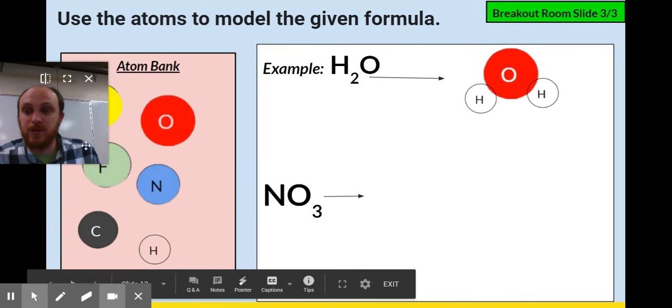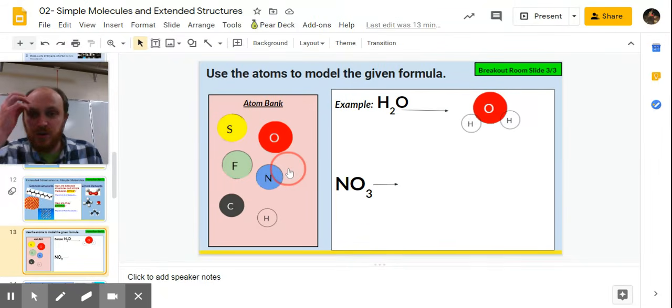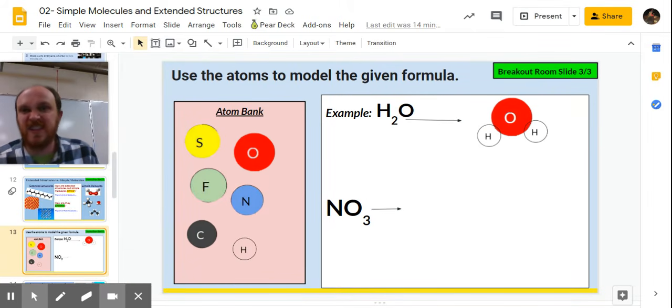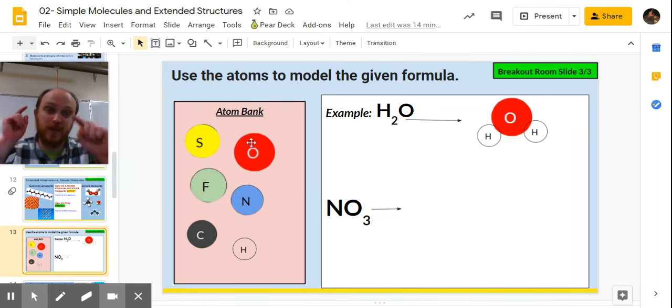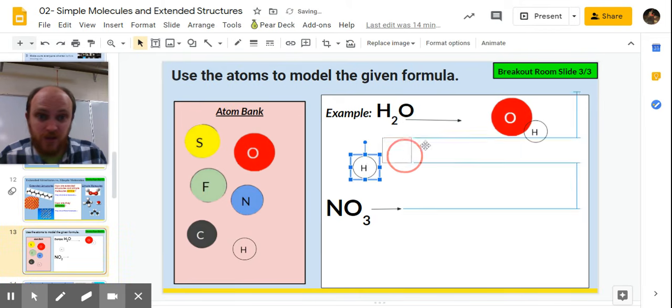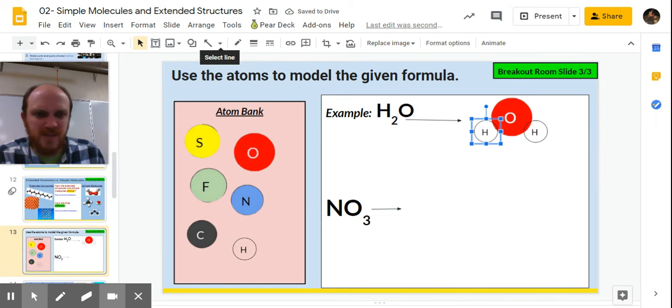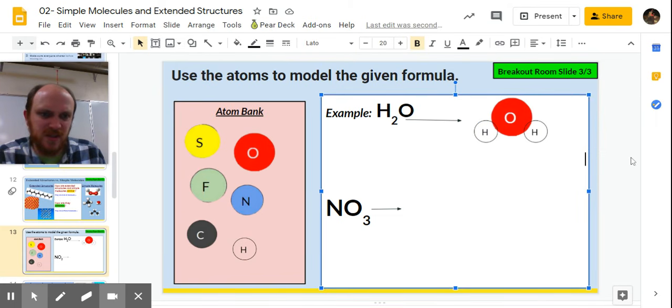Finally, here's an example of a time that you get to model, which is very cool. So I have put some atoms over here, and in the atom bank, you can get just like we had a particle bank when we were showing particles bouncing around. So here's an example I did, H2O. You need to grab H's out of here, and if you need 2 of them, you can copy and paste. You can mess around with drawing lines if you want. Otherwise, you can just have them touching each other like this, and boom,